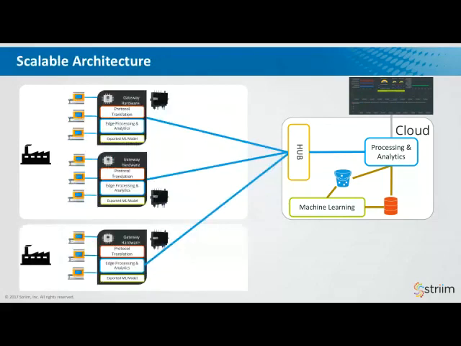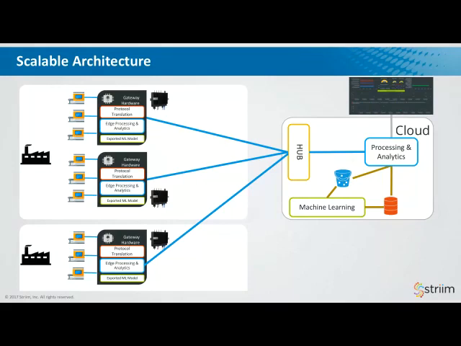You can add in multiple additional nodes within a particular site. You can add additional sites. You can accumulate all of that information in the cloud, perform the machine learning, export the models, and do your edge analytics. So now you've done a lot of the things we talked about. You've reduced the amount of data down because you're sending only information to the cloud. And you're also able to do processing and analytics at the edge, which enables you to respond rapidly to issues, send alerts, maybe send those alerts into the cloud as well, so you can have a visual view over everything that's happening across all of your sites.